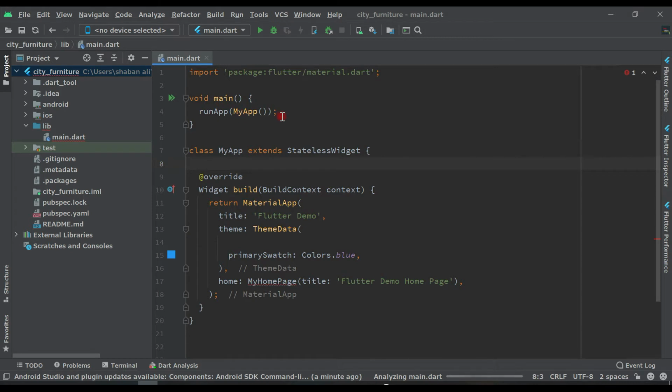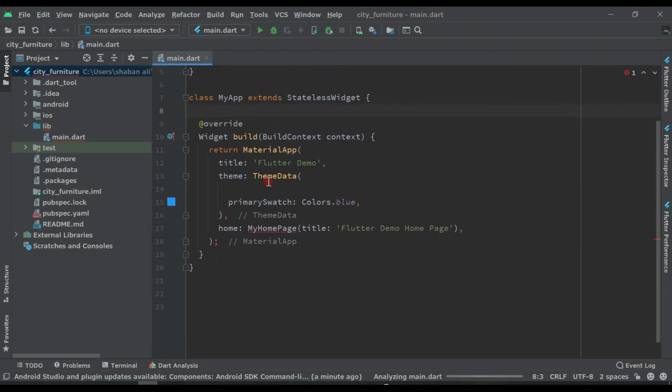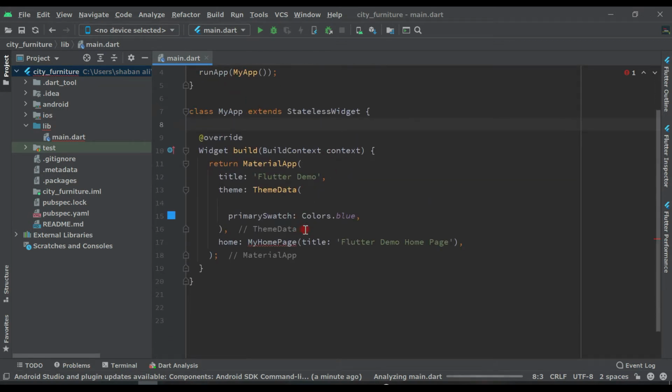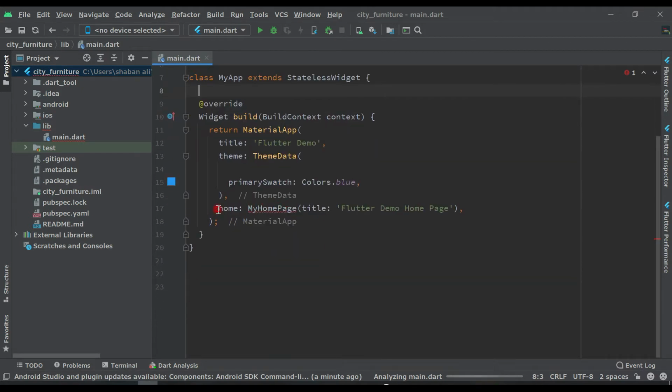This is our main function. From here our application will run. Without this our application will not run. It's a Dart function and it's a rule of Flutter. And now we have this stateless widget here, and here we have this home. Inside this MaterialApp we have this home widget. In Flutter everything is a widget, mostly 90% everything is a widget, like text, padding, margin, everything is a widget. So you will see step by step what's going on.